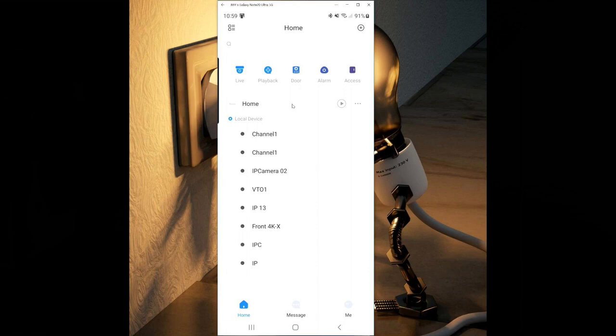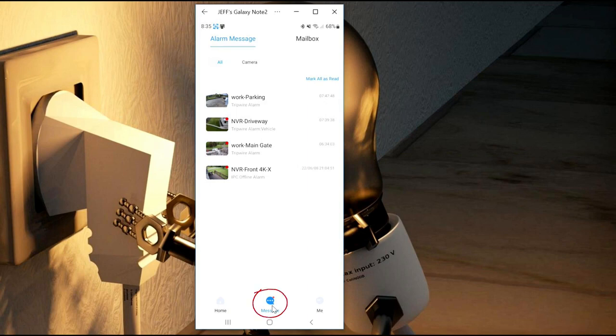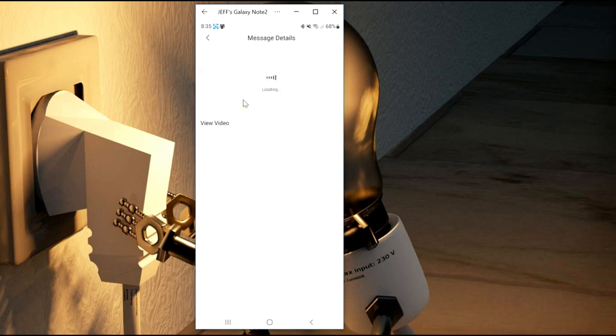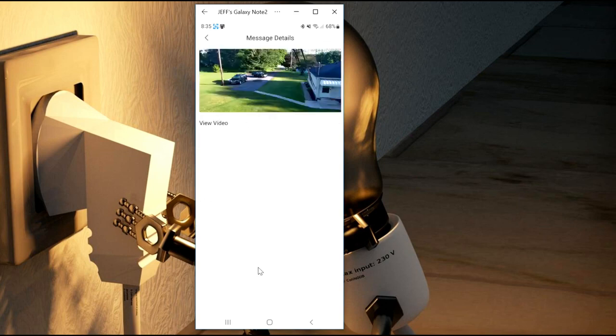When you tap on the notification or open the app, it'll bring you to the home screen. You can then tap on the message, and this will bring up the devices that have active alerts. You can click on the device and then select the alert that you want to view. It'll show you a snapshot of the active alert, and then you can click View Video for a small playback